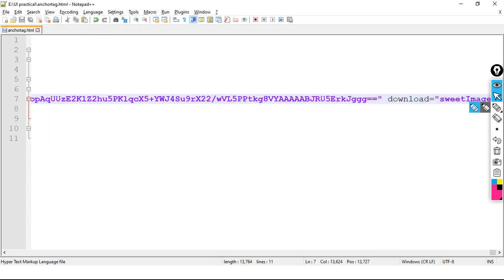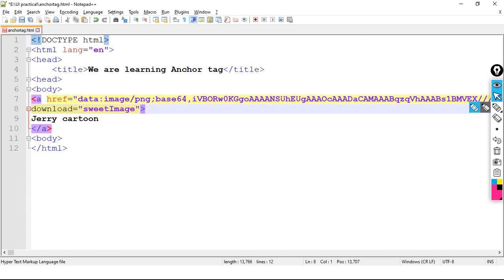And what is the name of the file? Sweet image. Here, observe. Let me move to the next line. Let me help you. See what we have done. We have anchor tag, and in anchor tag we have href attribute. In href attribute I have mentioned value of that particular image link.